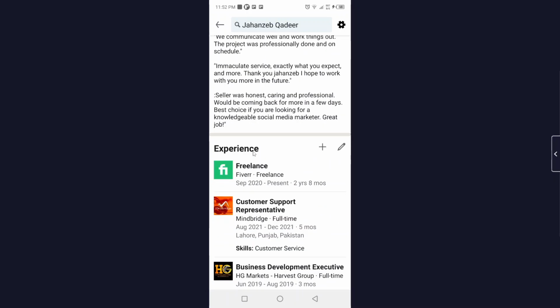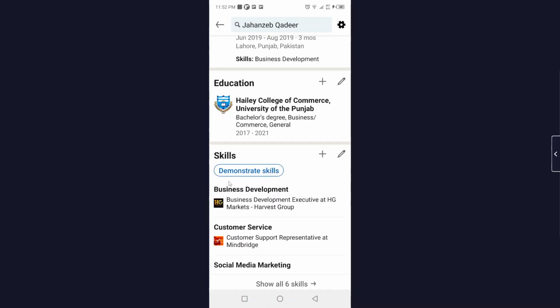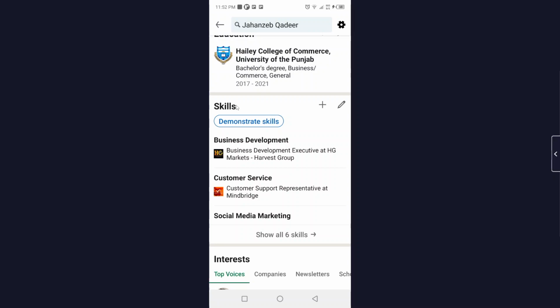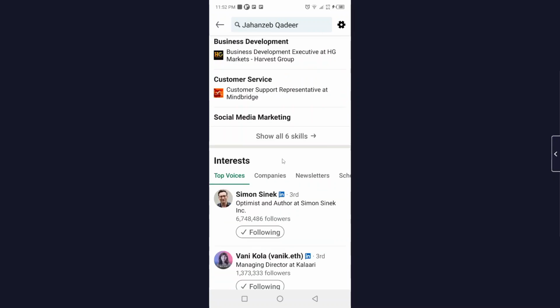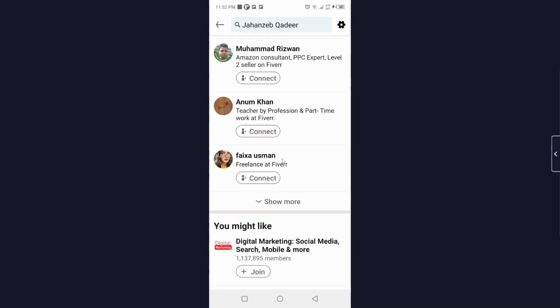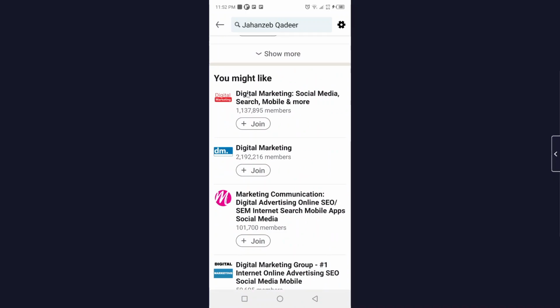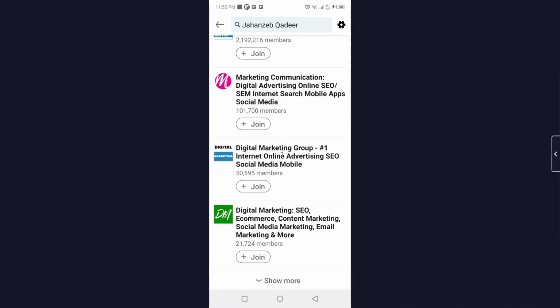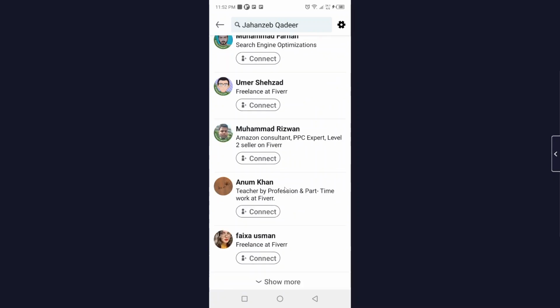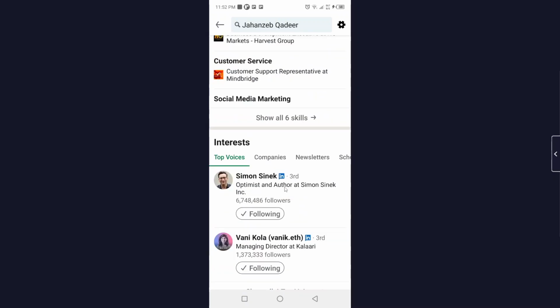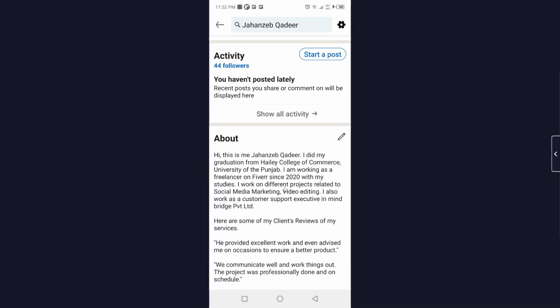Then you need to enter your experience, and then you need to enter your education, and here you need to add your skills as well, and you can add your interests. After you add that, if you want, you can add something that you like. So by adding all these things, your profile looks great and you can attract